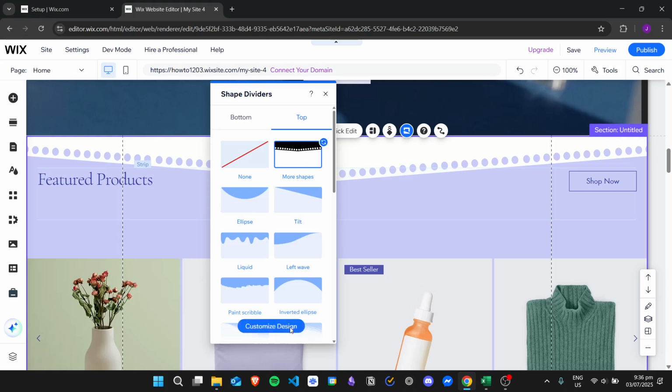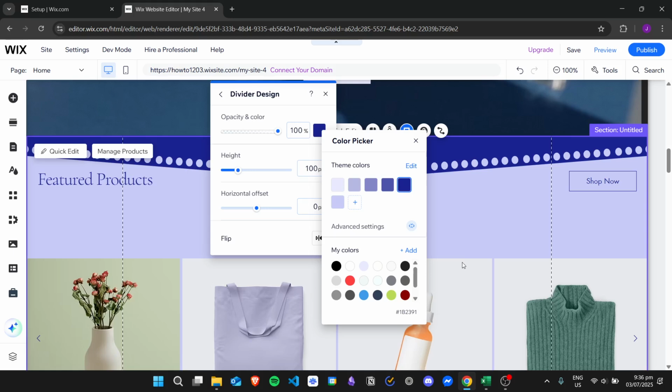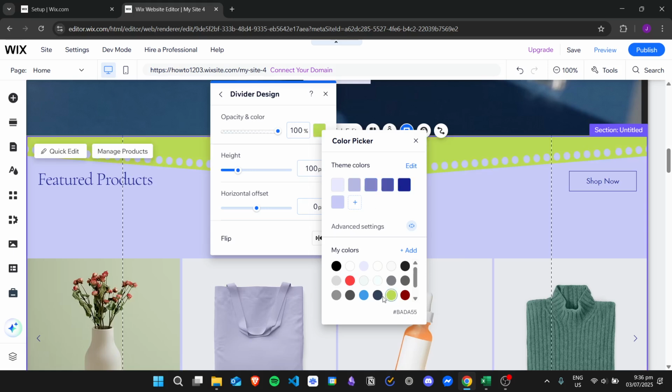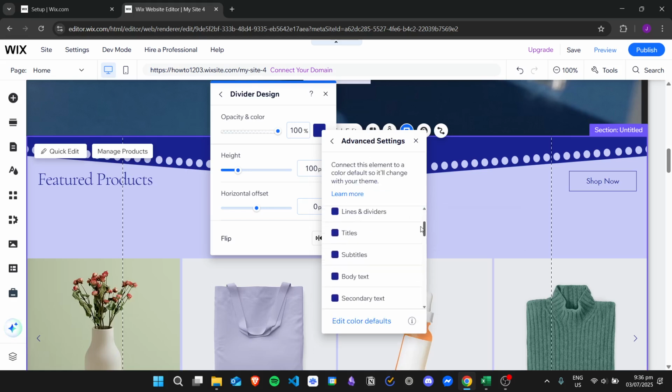You can also customize the look of the shape divider. You can change the opacity and the color. If I change the color right here, we can see it, and the other colors are reflected in the website as well. If you want to have advanced settings, you can do this as well, if you want to change some more specific colors,